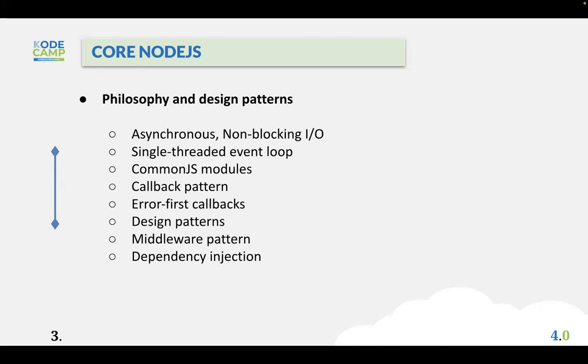Next on our list is the callback pattern. Now, in Node.js, the callback pattern is a fundamental approach for handling asynchronous operations. What it does is it allows your code to initiate an asynchronous operation and then continue executing other tasks without waiting for the operation to complete. As we learned earlier,